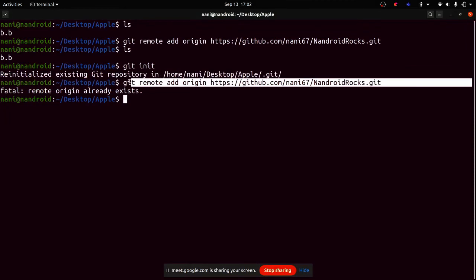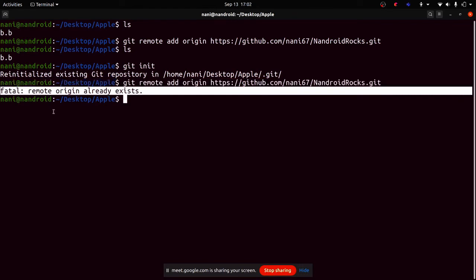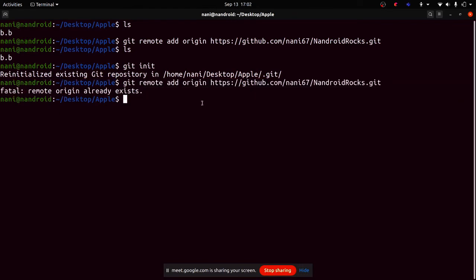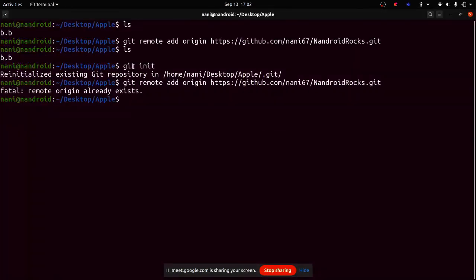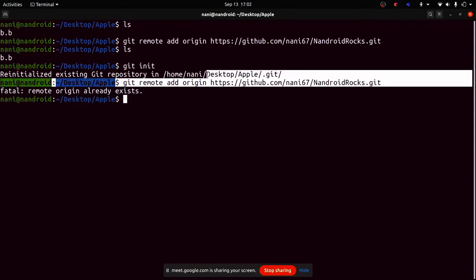For now, assume that I don't know about this, and I try to copy it to my own repository and give it my own ways of cracking it, but I already have an origin which is related to the original person who created it, so I cannot add it. So git remote helps in doing that. It links my remote repository with my local repository using this command: git remote add origin. Origin is nothing but it adds the starting point, and that starting point is nothing but this link.